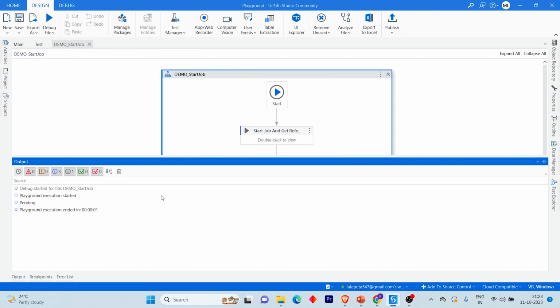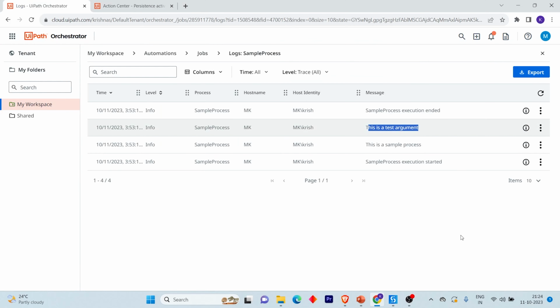Logs, and then you can see it started. It triggered the job, whatever the process name I gave. It triggered that process, and then it will be in pending state, right? So that's why it printed the state as pending. Now let's go to